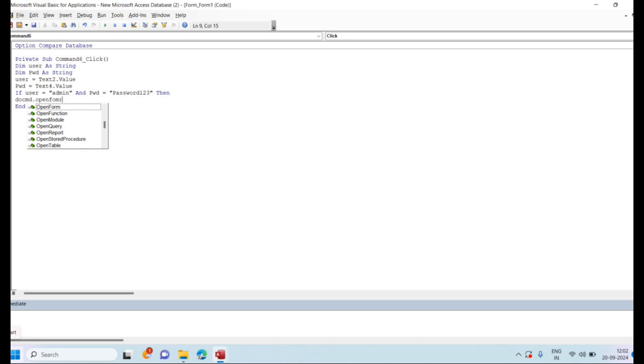The name of the main form is main, so I write main, else I will write MsgBox invalid username or password.